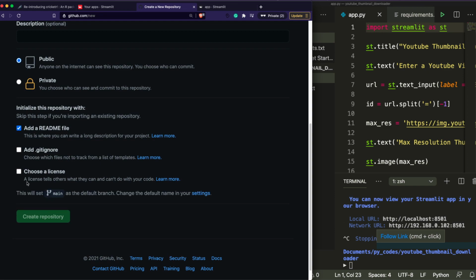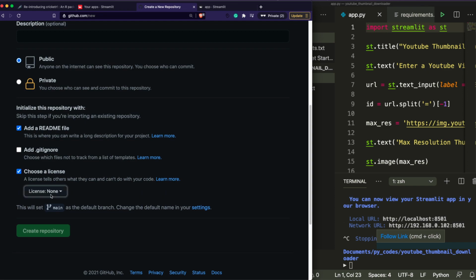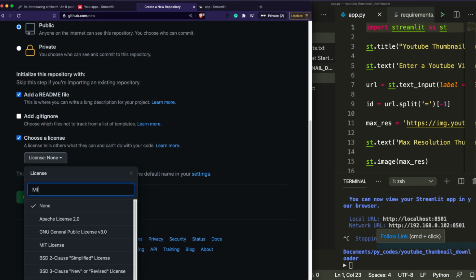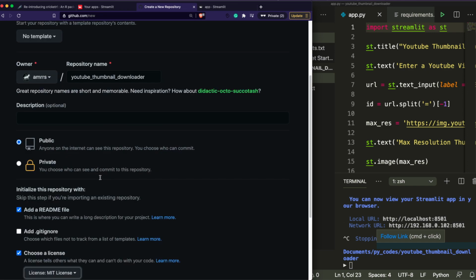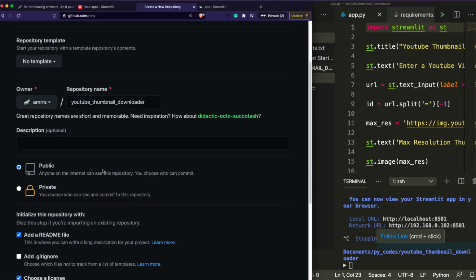It's always a good habit to choose a license. I'm going to choose MIT, which I usually do, because I usually don't mind when people even use my project for commercial purpose. If you want to take this code and make a successful commercial product, you're most welcome. I'm not adding any description, so I'm going to go ahead. And just remember one thing, a lot of tutorials that probably you would have seen before would not work here because